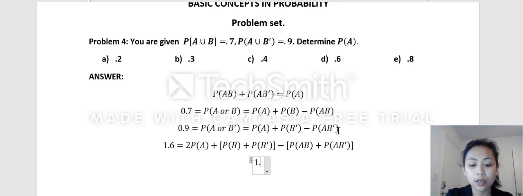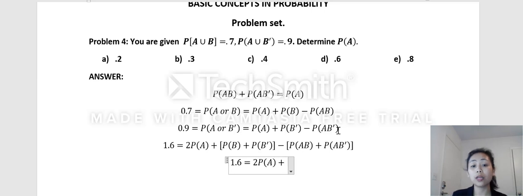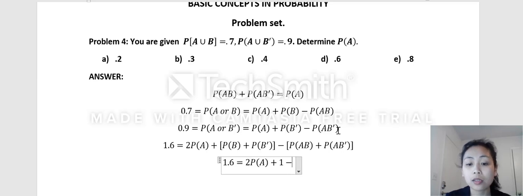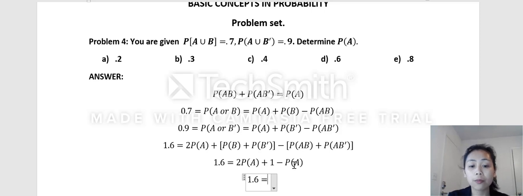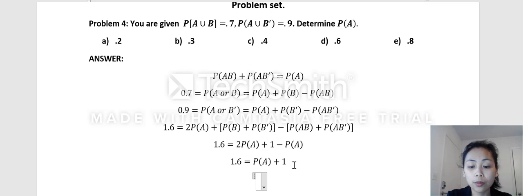We have 1.6 equal to 2 probability of A plus, don't forget that B and B prime are complements of each other. So probability B plus probability B prime is just 1 minus, again, here I have already indicated that probability AB plus probability AB prime is probability A. So this is just probability A. So we have 1.6 is 2 probability of A minus probability of A plus 1. So here we have probability of A is 1.6 minus 1, which is 0.6,